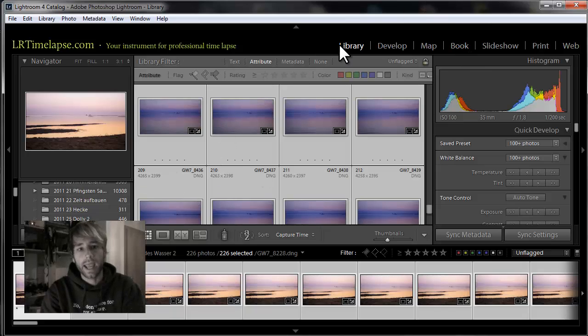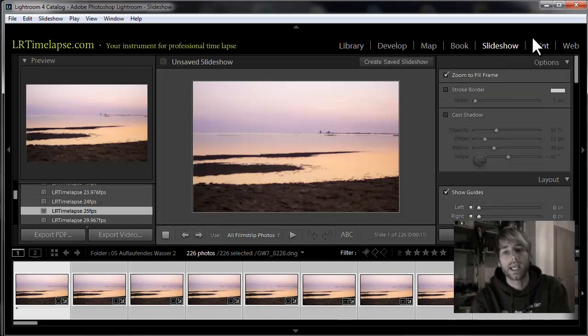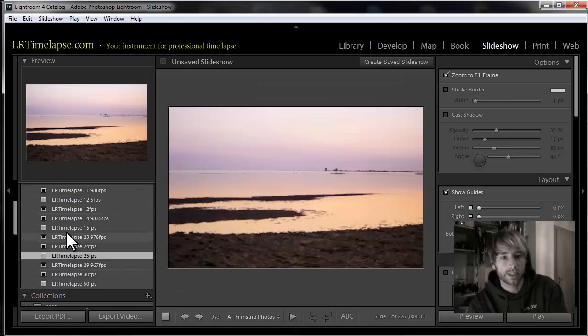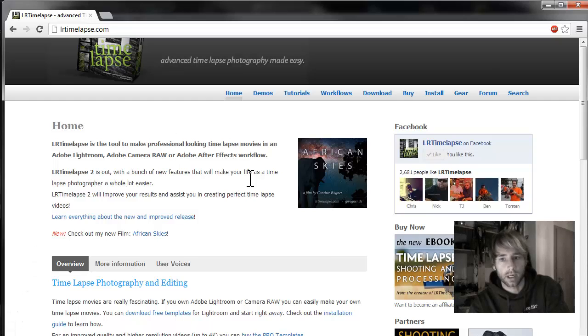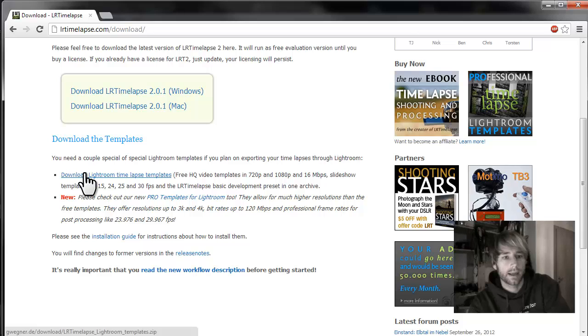To be able to export the video, we use the slideshow module of Lightroom, and we pimp it in that way that we use special templates. Those LRTimelapse templates are available in different frames per second units. So to be able to use them, just go to LRTimelapse.com, where you downloaded LRTimelapse as well, to the download section, and there you can find the templates, and there you download the Lightroom time-lapse templates, and there is an installation guide here